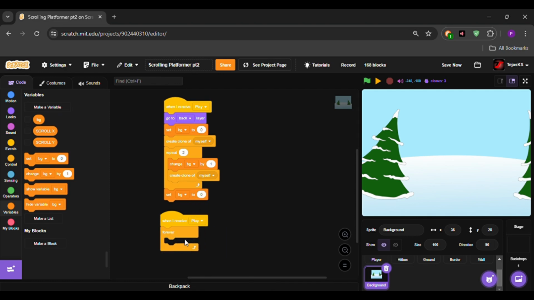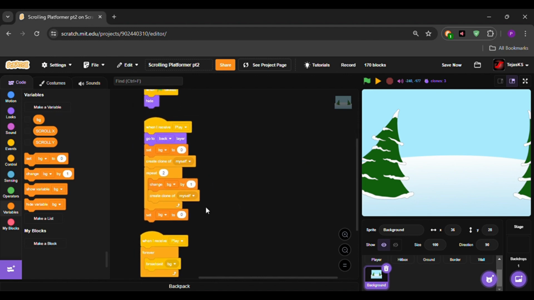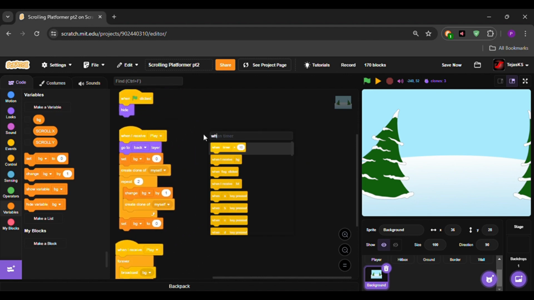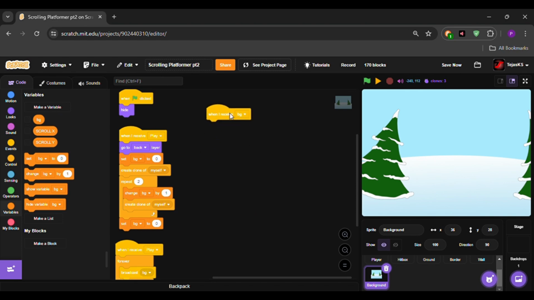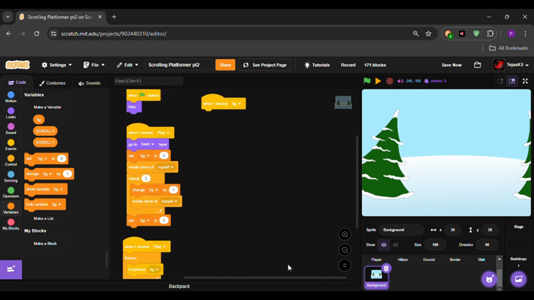forever and then broadcast a new message, name it PG here as well. I have put over here forever loop so that in the when I receive BG we don't have to put a loop, forever loop over there. Now after this we'll show our